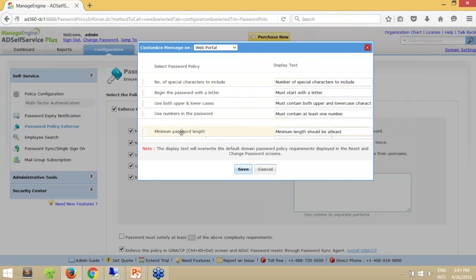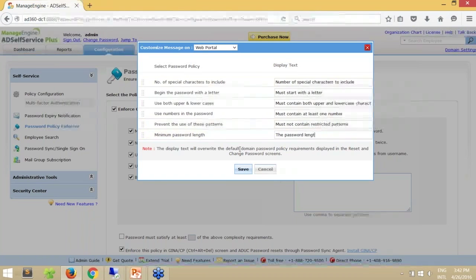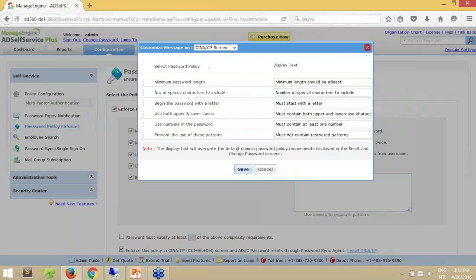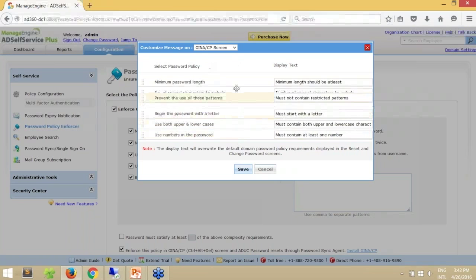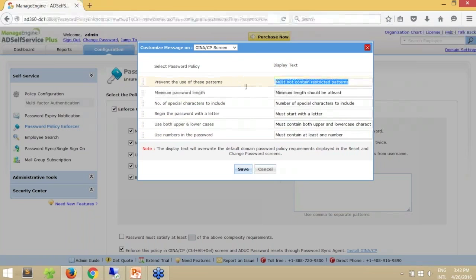I can keep this minimum password length right at the bottom and change the text to say the password length should be at least, and like that I can go to the Gina CP screen and put this right at the top and mention that it must not contain blacklisted passwords,